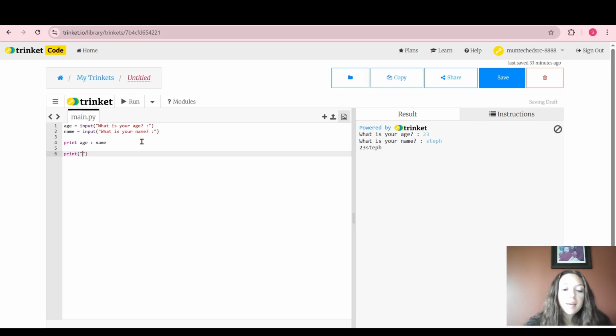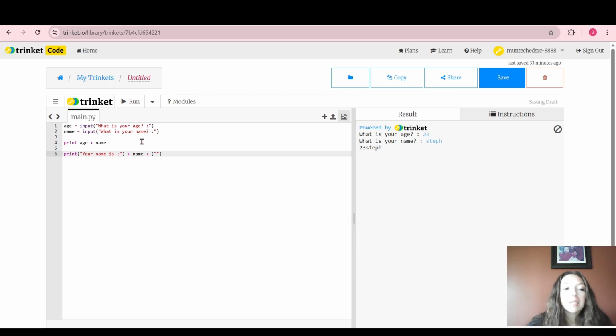We're going to say your name is, perfect plus, because we want this all to print in the same line, we're going to print our variable name, which doesn't need any brackets or quotation marks because it's already a defined variable at this point, plus bracket quotation,